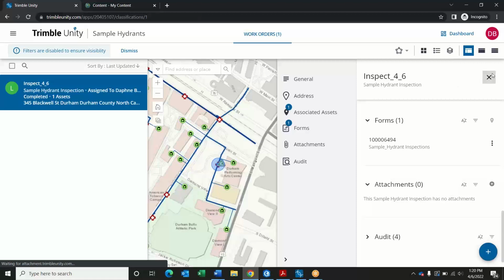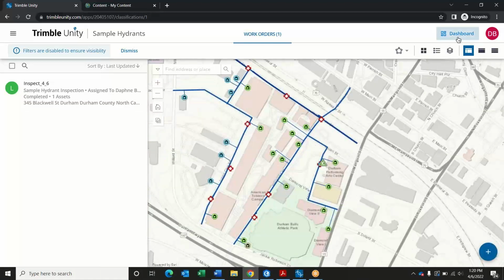And there's a really nice way that we can do that, which is through our dashboards. So another part that I didn't mention about the GIS personnel's workflow component, while they were integrating their existing data in MAP from ArcPro and ArcGIS Online, they also were kind enough, when they were creating this application for the sample hydrants, they also made a dashboard that's going to show information about the hydrants that are associated in this map and also work order information. So if I switch over to my dashboard,